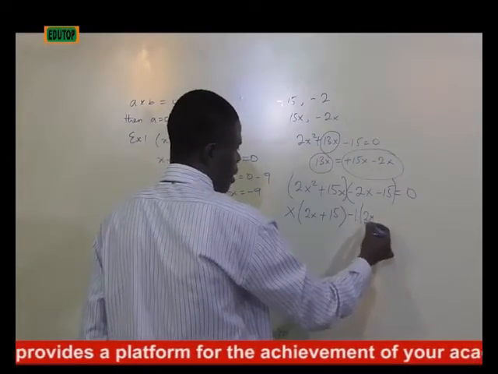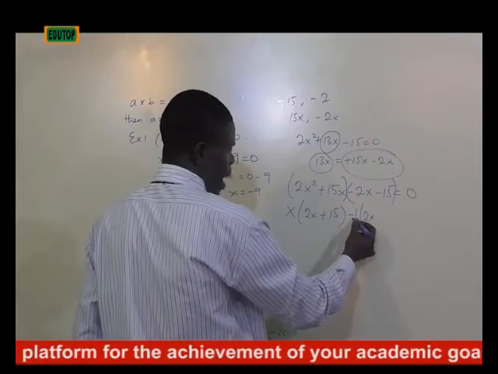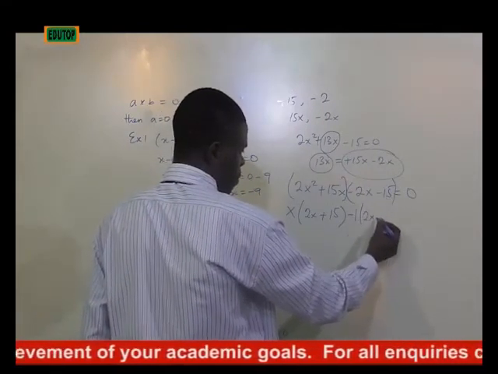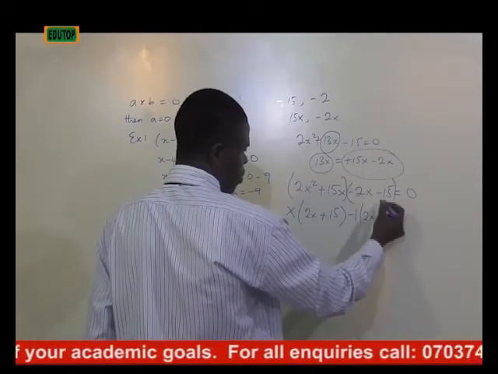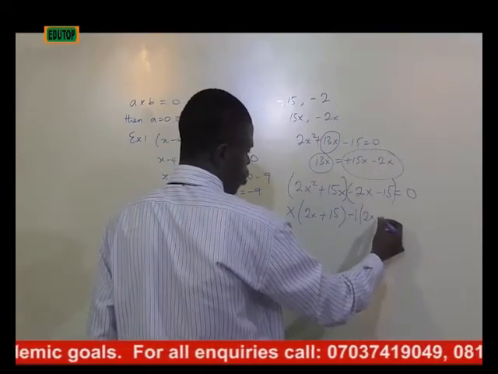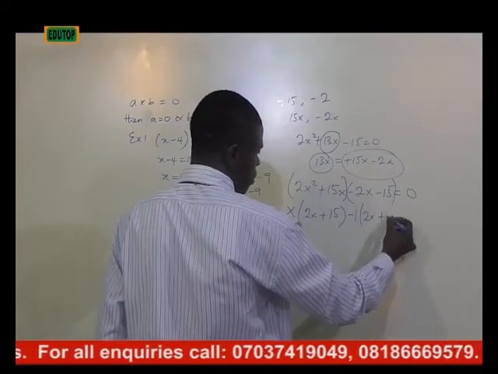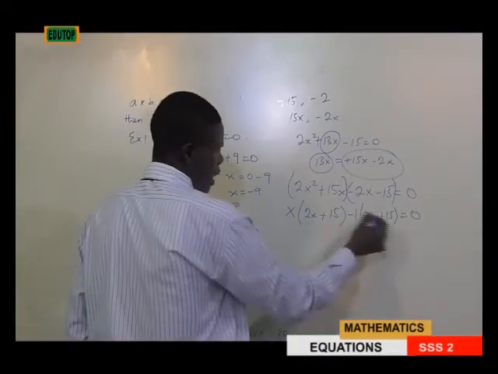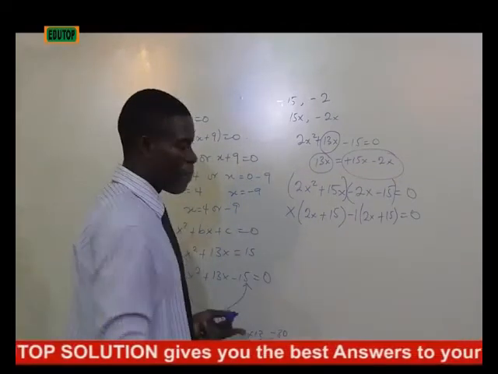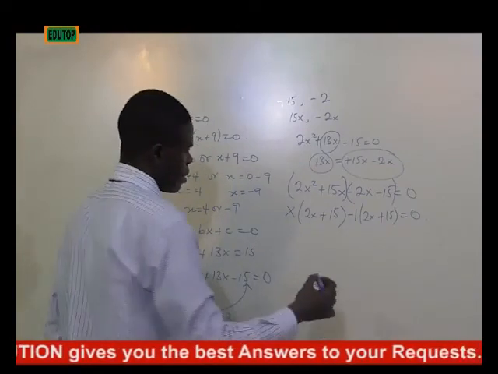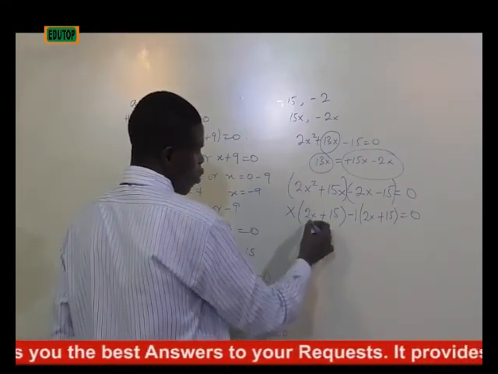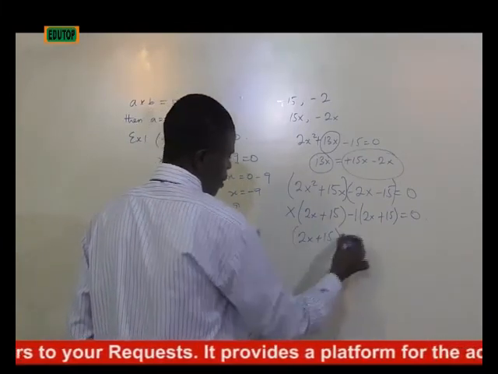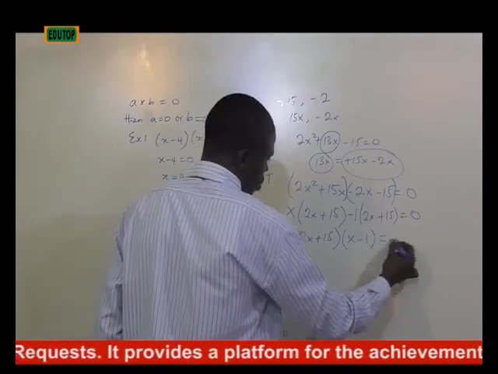Then we have 2x. Remember that there's a minus outside here, which when it opens the signs, must give you what you started with. If you put a negative here, minus times minus gives plus, and it's not plus that we have here. So what should be here is plus 15. And when you are solving a quadratic equation of this nature, the content of both brackets must be the same. That's to be sure that you are right. Then what is common to these two is 2x plus 15 on this side. Then you have x minus 1, which is now equal to